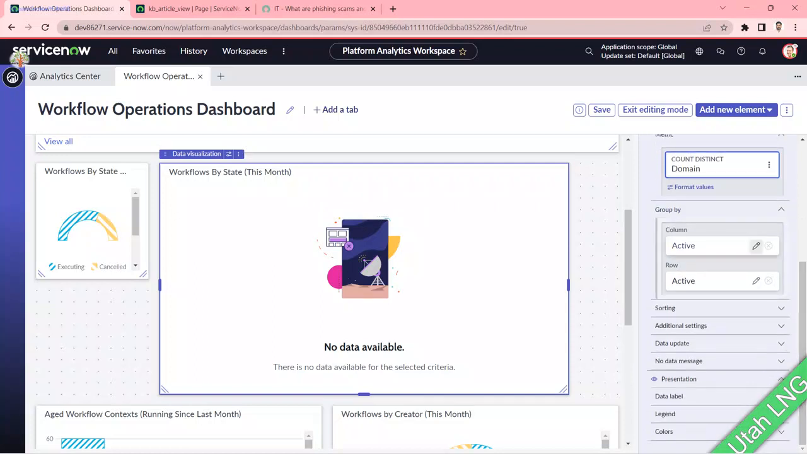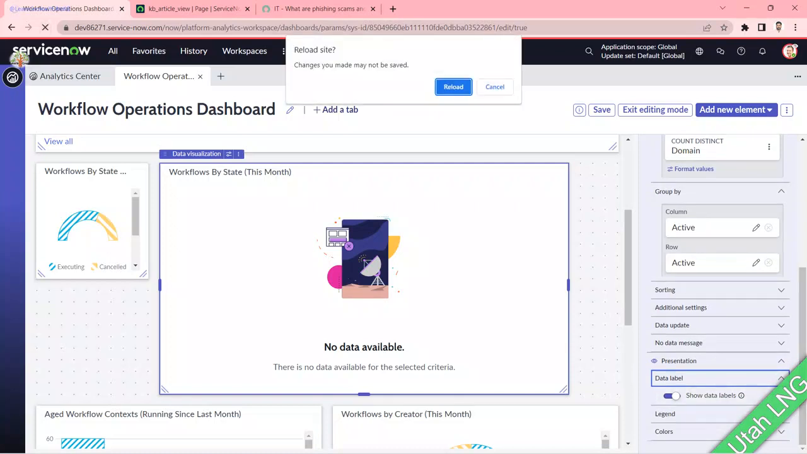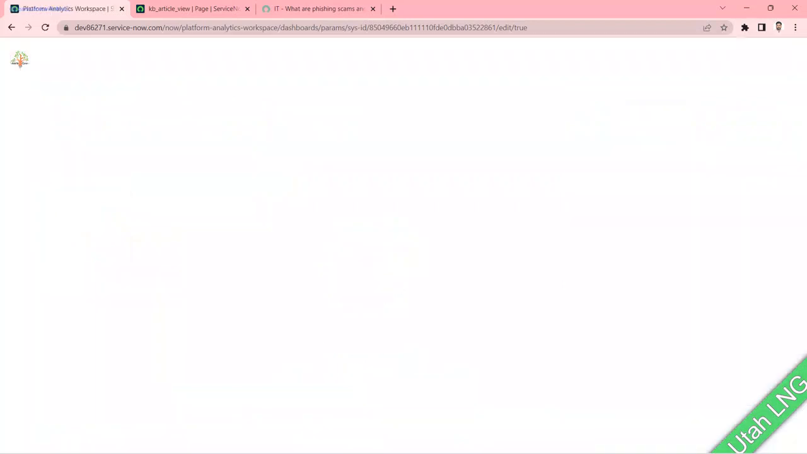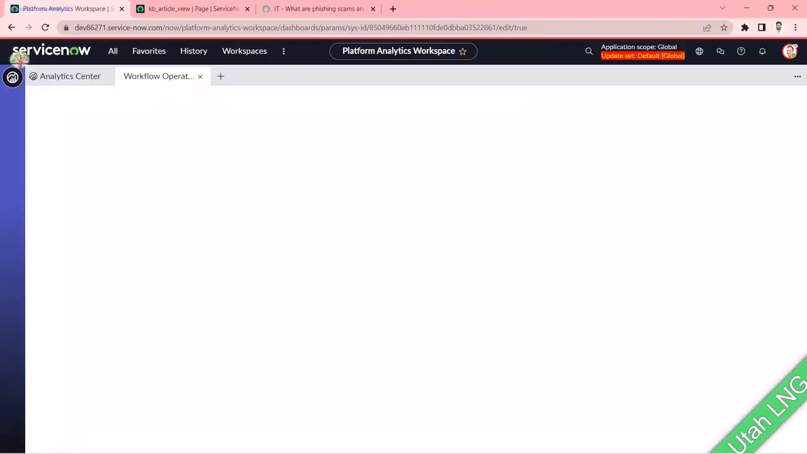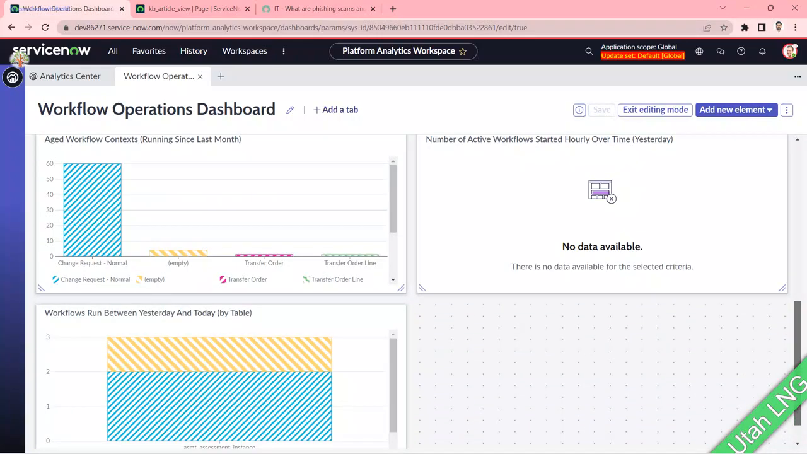Now you can do group by and row, because it is a heat map, so we can do that part. What ServiceNow brought next is in the data label part. So you want to show the data label? Yes. Let me reload this page so that I can show you this data. Otherwise, some confusion is there. So now it's reloading for me. Yeah. So now let's come here, because we did